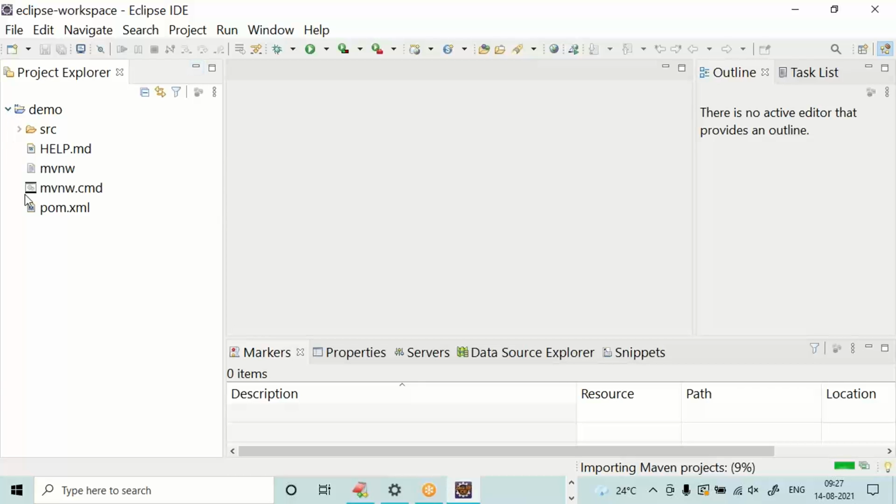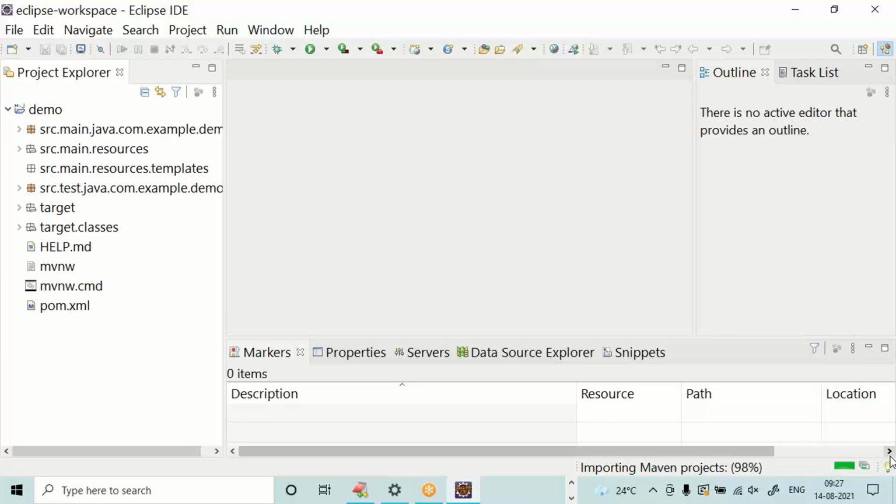Expand. Very few folders and files you are able to see, and you can observe in the right bottom there is a progress bar, and you can keep observing the demo also. Keep on getting some other new folders and files.